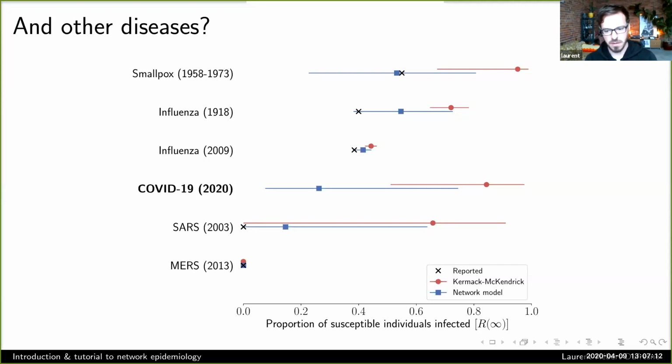So it's a deterministic model, but the error bar here represents the confidence interval that we have on R naught. And our model, the network model, in blue, where the most likely value is the blue square, but the range here considers R naught, heterogeneity, and the stochastic process behind disease transmission. And in general, I think you get a much better picture of what could happen if you consider this stochastic process rather than deterministic SIR.